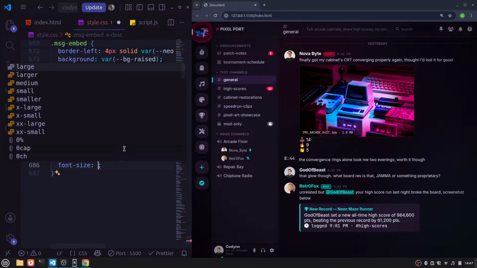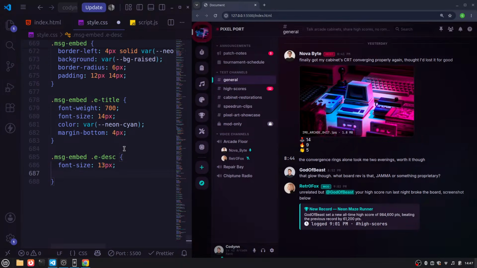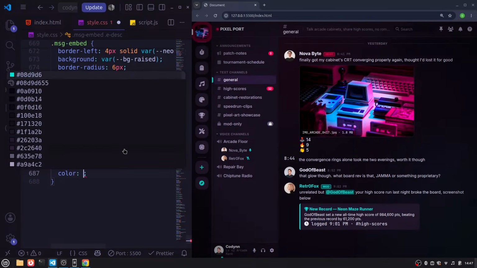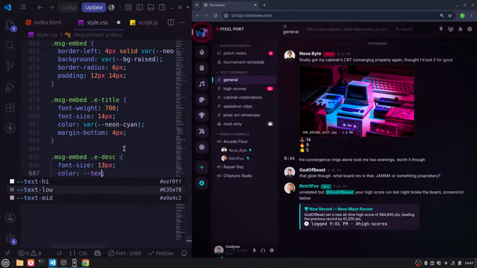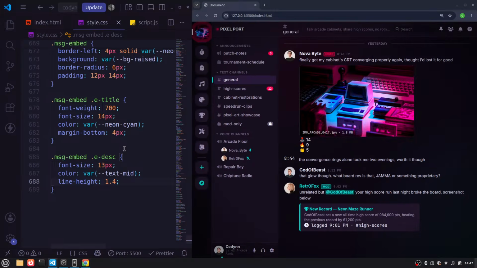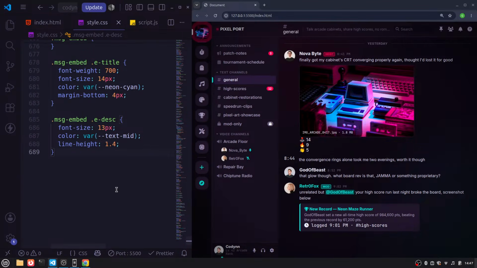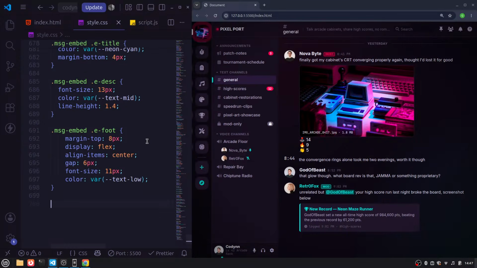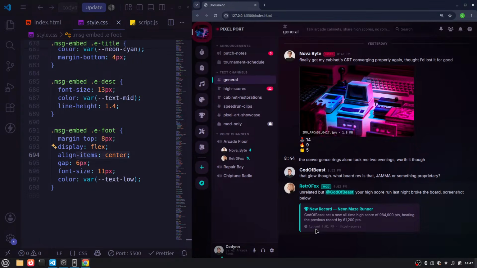Font size we'll do 13 pixels. We'll put the color to be text mid, and we'll put the line height to be 1.4. So last is the footer, right? So we'll just do footer. We'll not do something else. For the footer, we'll do margin top to be 8 pixels, display flex, align items center, and just basically do that,